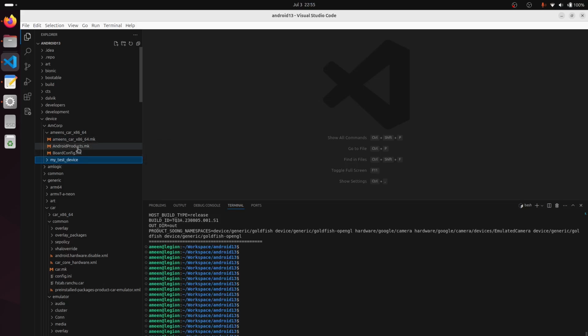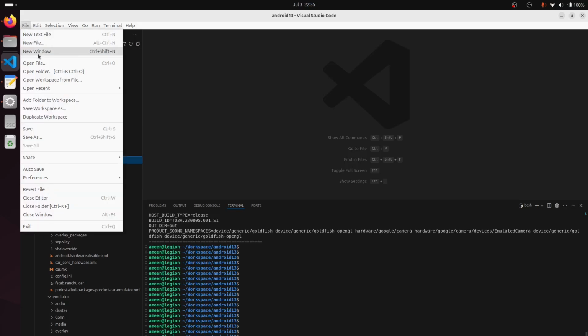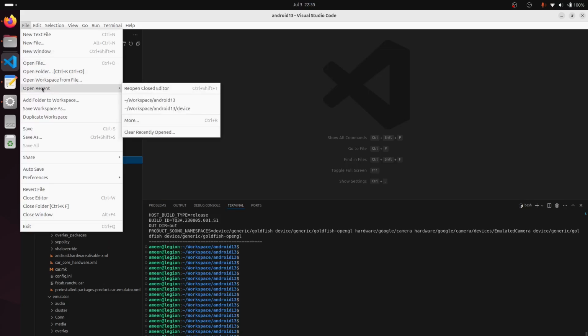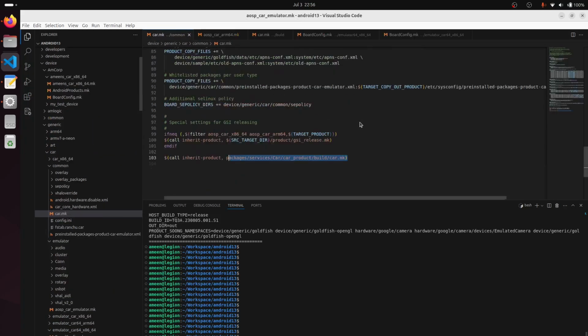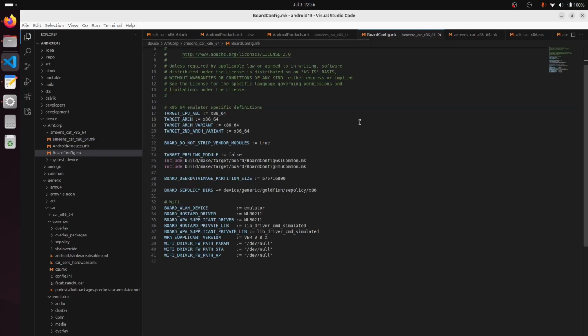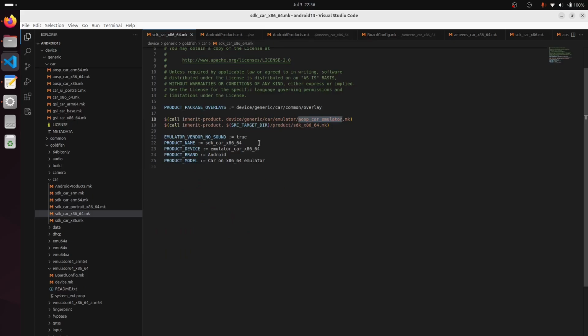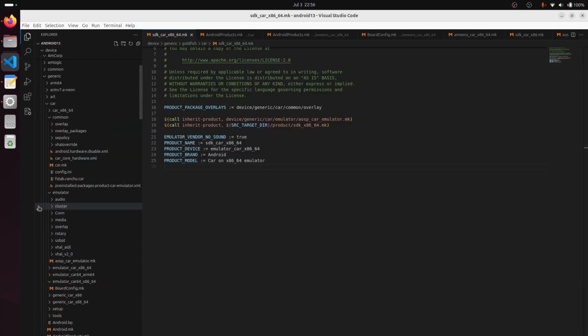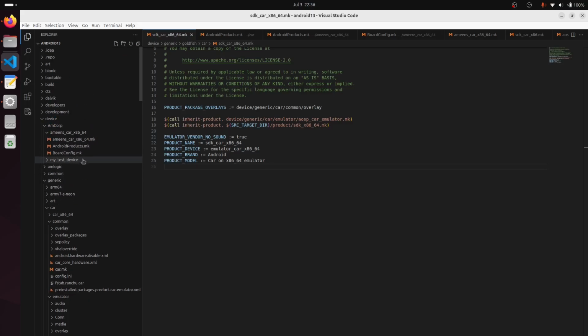car.mk and products.mk. Since I closed everything, Control Shift T, so I'm opening the recently closed application. I said we are extending from the Google emulator one, right? So I will copy paste this configuration from here to my particular folder,